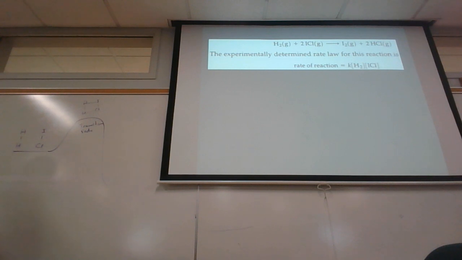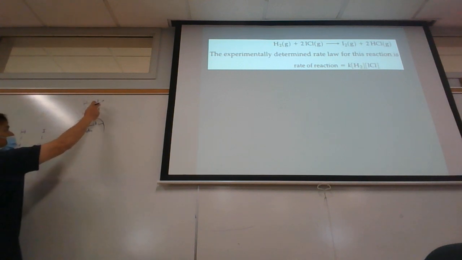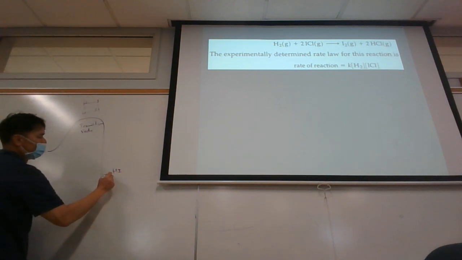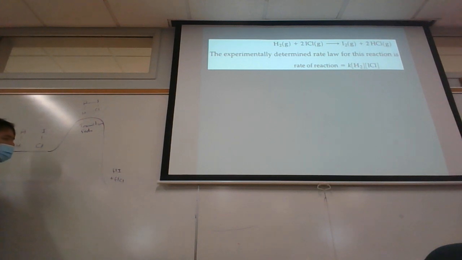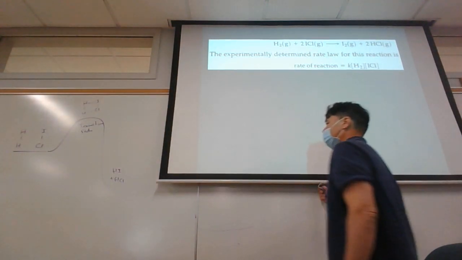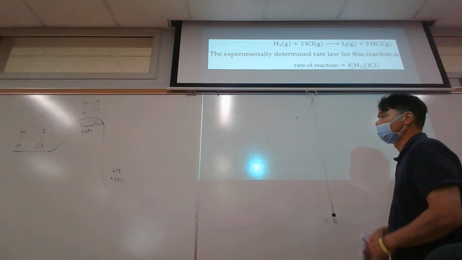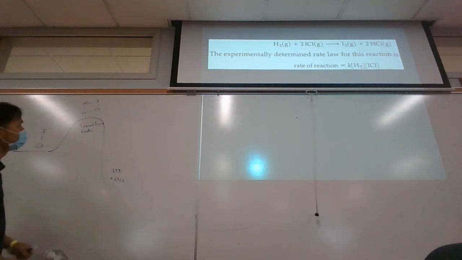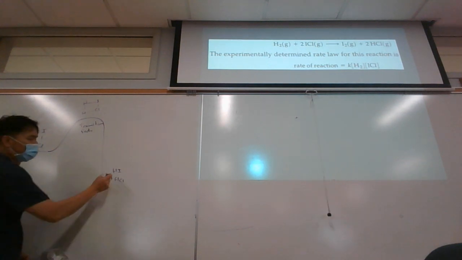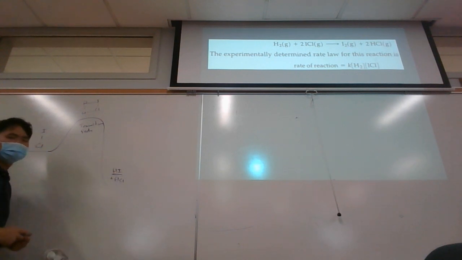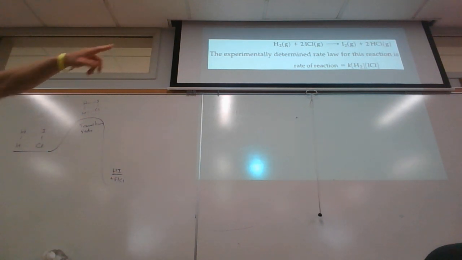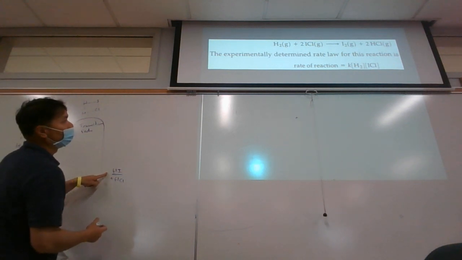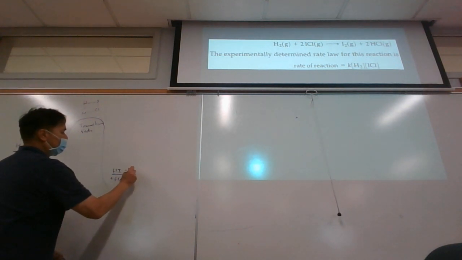So what do you think the products we're going to form from this collision will be? Probably HI and HCl. So this forms what we call an intermediate product, and that is HI. HI is not present in the reaction overall, but if we take the HI and react it with another ICl here,